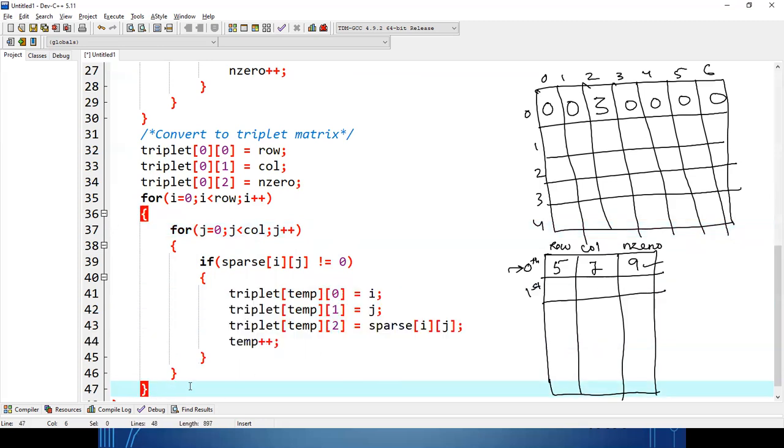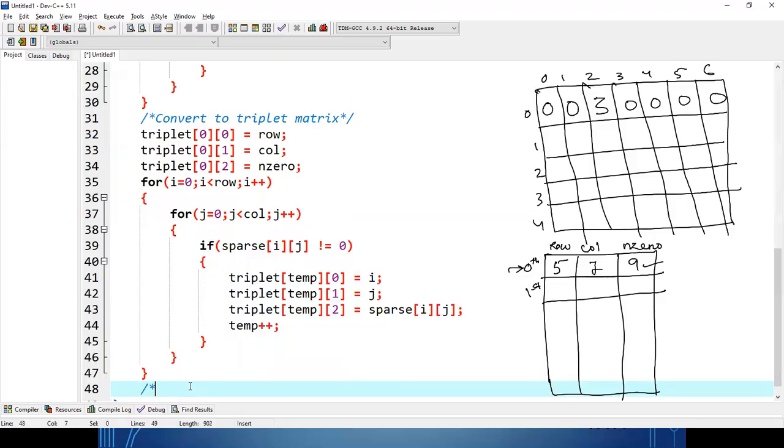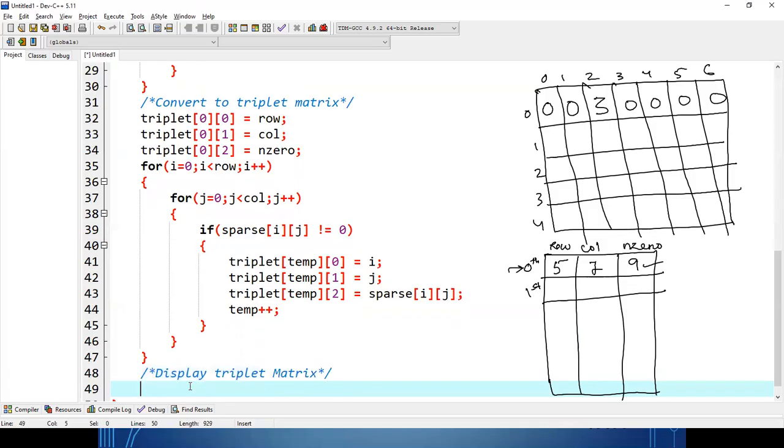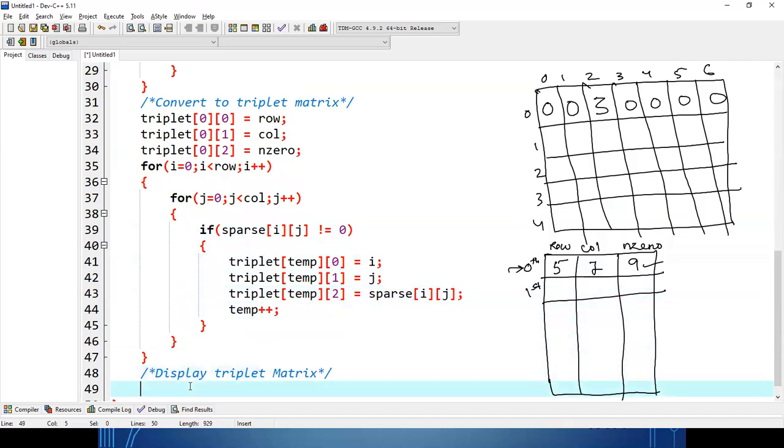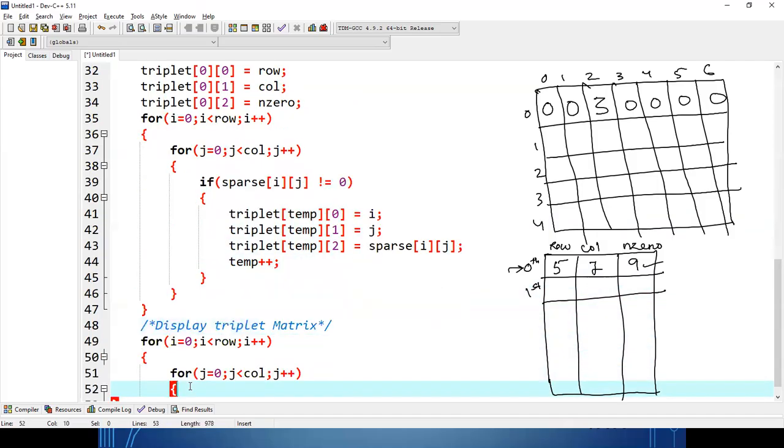Once we have represented the triplet matrix, let us display it. The triplet matrix is also a 2D matrix. Clear? So whenever I need to display, I have to take the help of two loops again. But here the limits are not the original row and column.